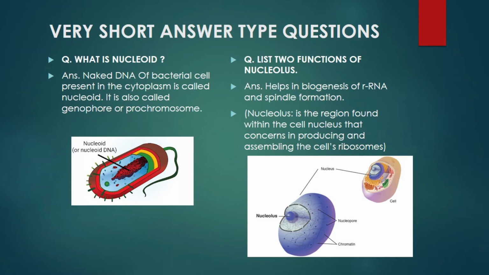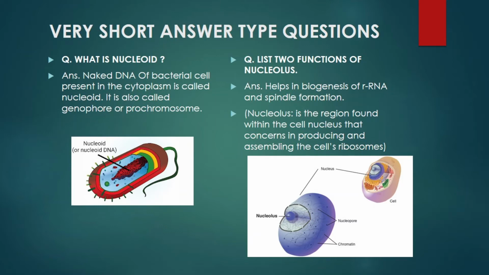It helps in biogenesis of rRNA. The biogenesis of rRNA means the regulation of ribosomes, which is composed of synthesis and import of ribosomal proteins into the nucleus. Here the synthesis and processing of ribosomal RNA occurs, and the assembly of ribosomal proteins occurs, and there is a subsequent transport of mature subunits into the cytoplasm. That is the biogenesis of rRNA units.